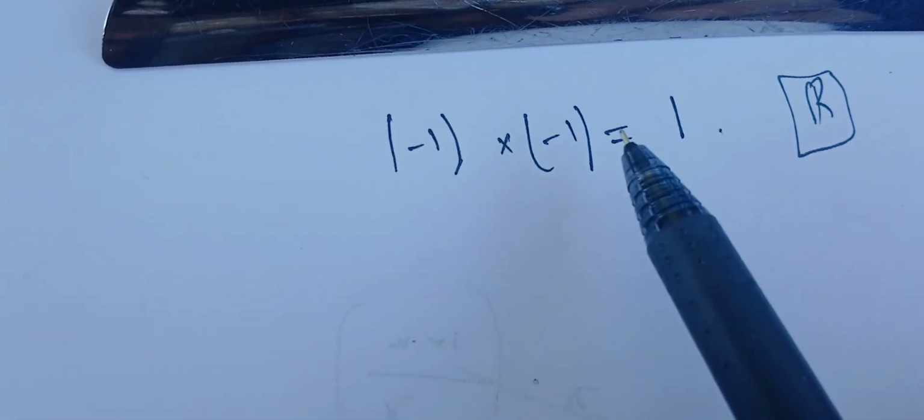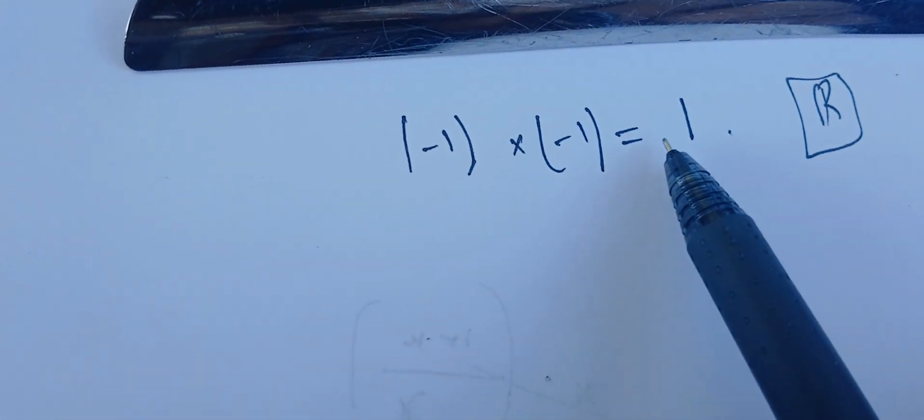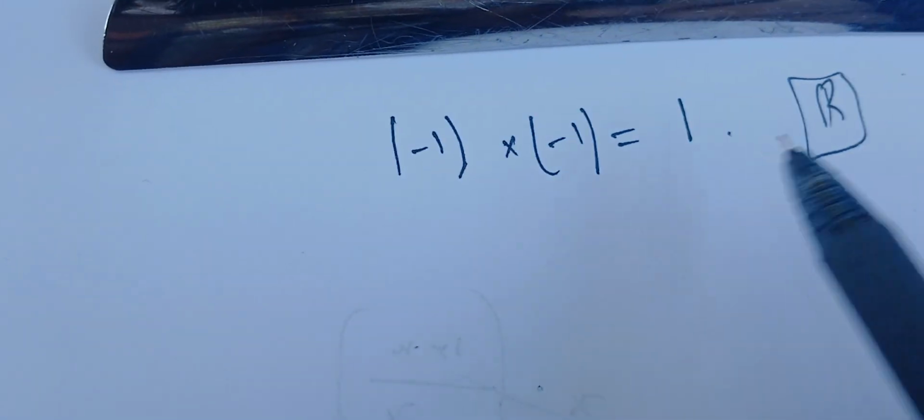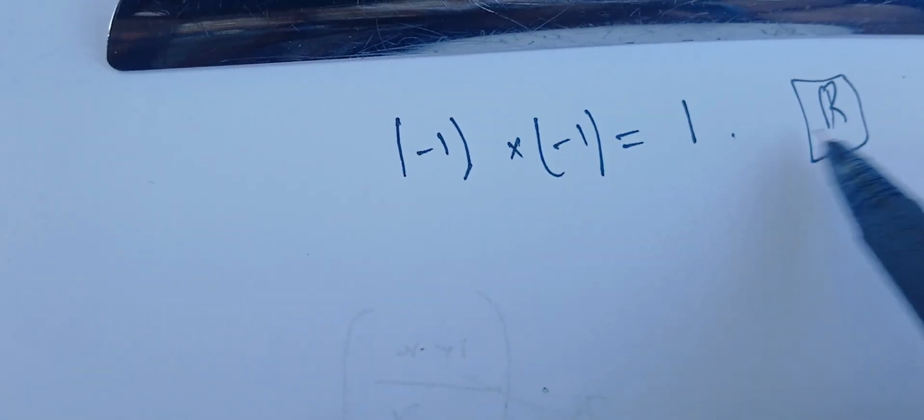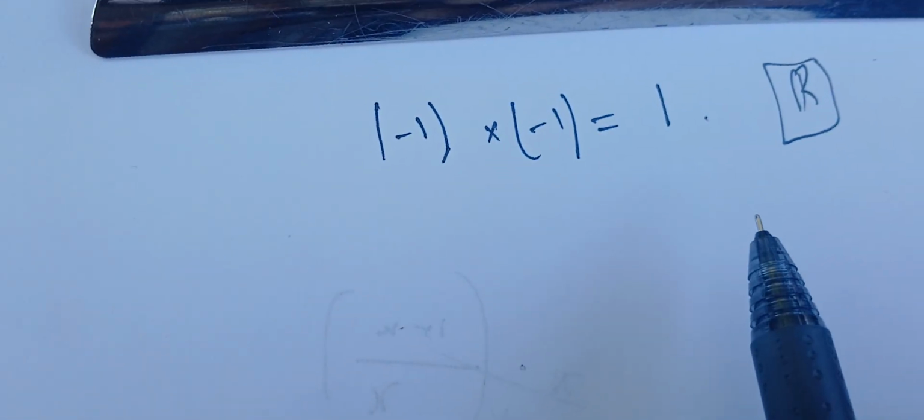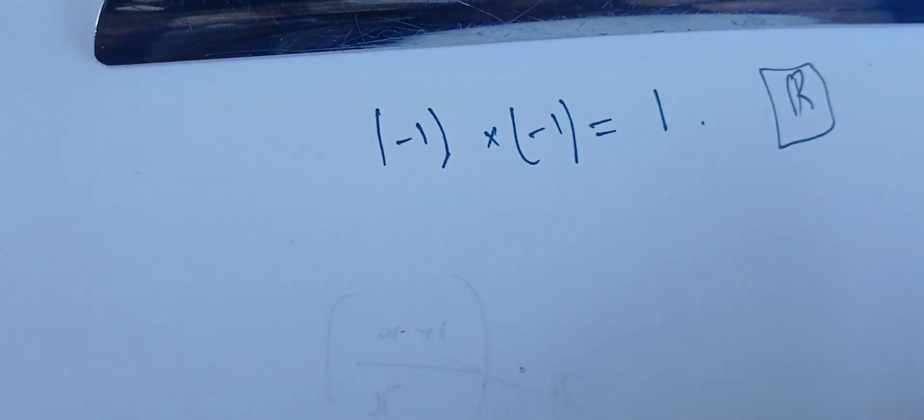Now we're going to prove the following result: -1 times -1 is 1. We're going to prove this result in R. Okay? So we know the